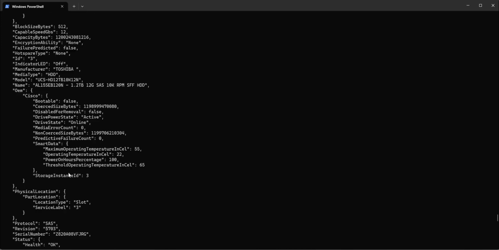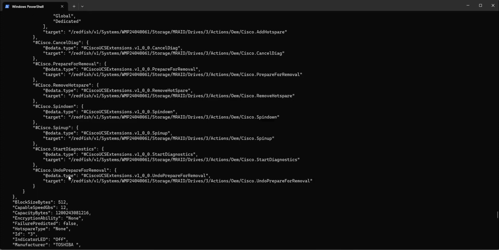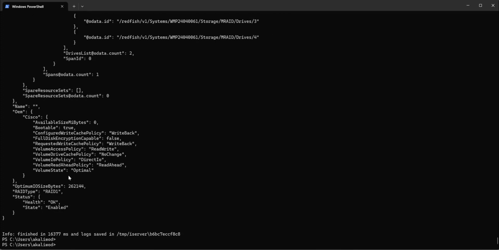So the output might be quite long, and it is long in this example, but on the flip side you get a big chunk of the entire Redfish tree